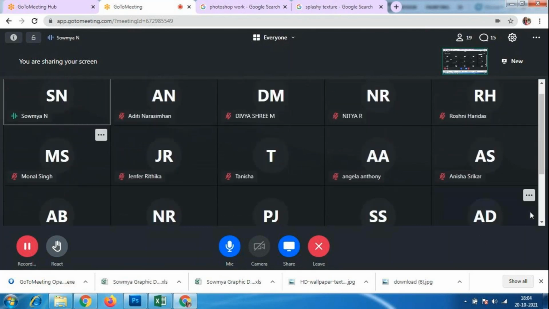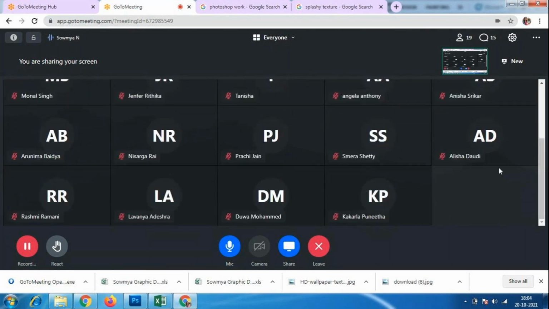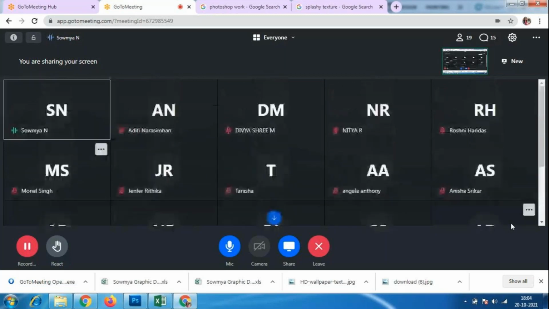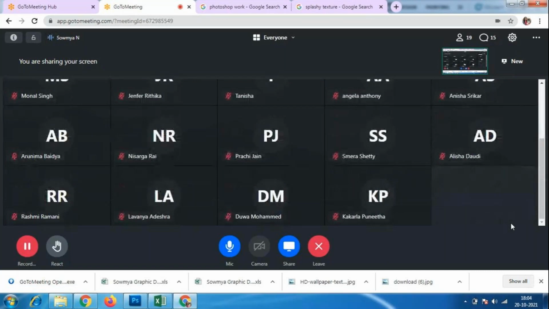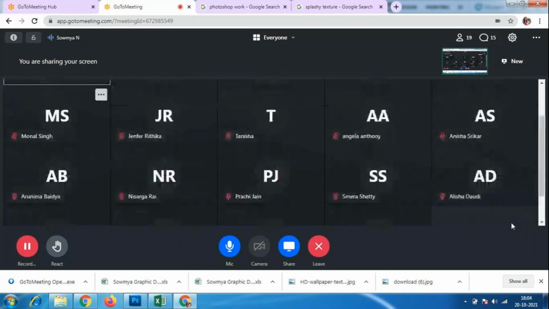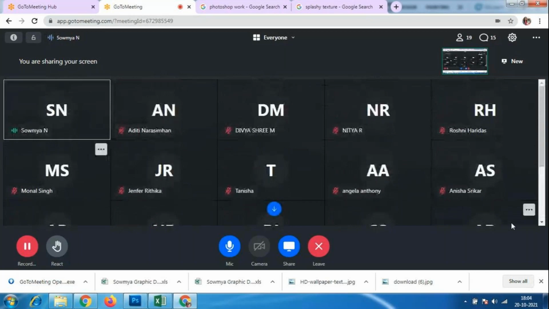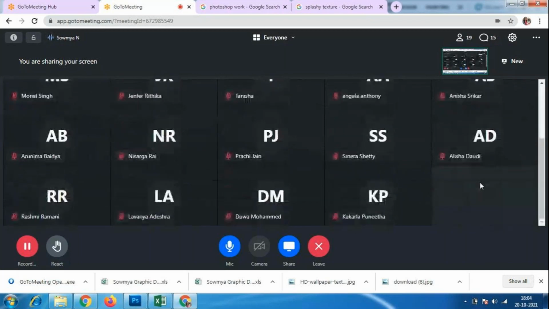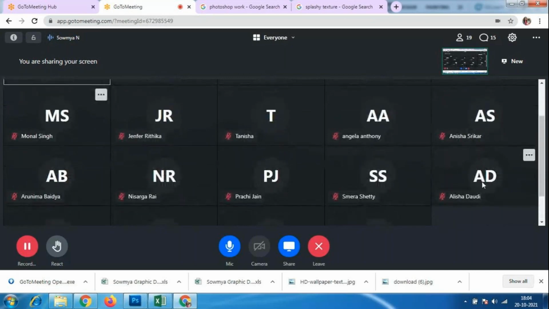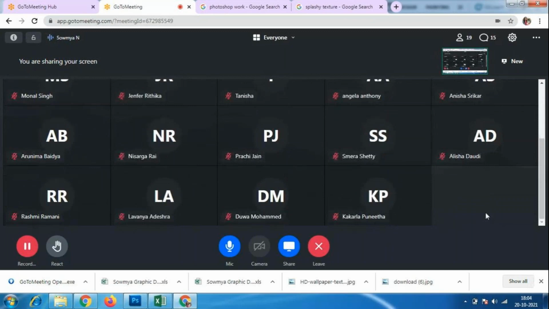Anybody having any doubt? Alisha, Anisha Shrikar, Punita, I didn't get any assignment from you. Dua Muhammad, why absent from 2 days? Dua Muhammad, and I want the attendance. I'm checking two times actually. In the starting, some students will be there. In the middle, nobody will be there, and again at the end they will join. Okay, so I want the complete attendance, and assignment also everybody should submit.